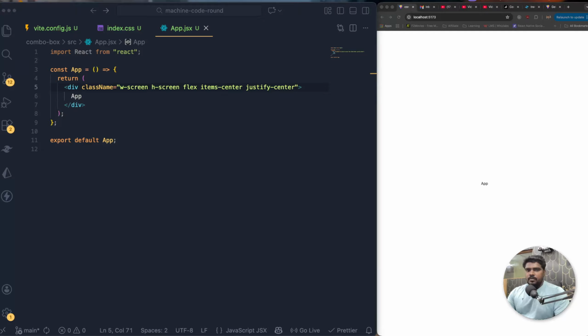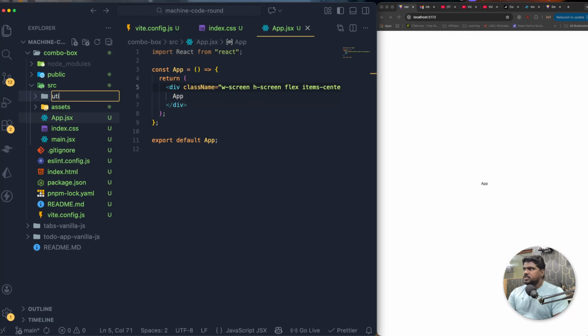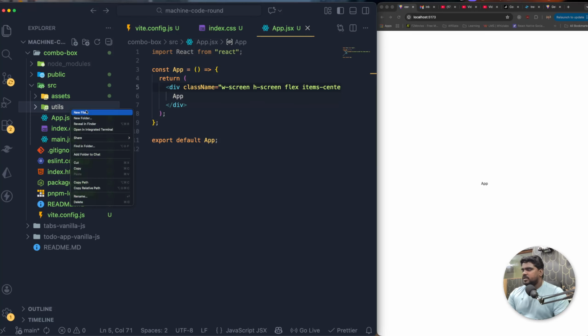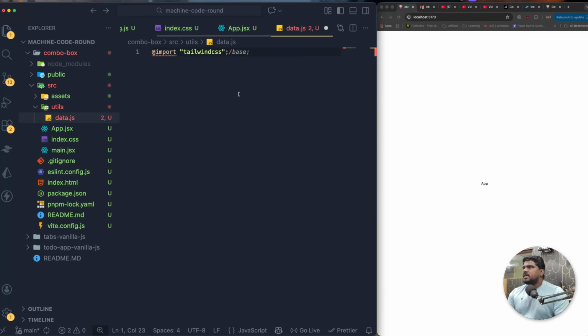Okay. So now what I need to do is create the combo box. For that, we need some sample data. So let me get into the source folder. Let me create a new folder called utils. Inside the utils, I'm going to create a new file called data.js. Inside the data.js, I'm going to bring this sample array,